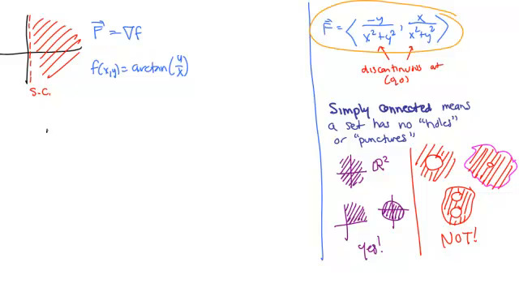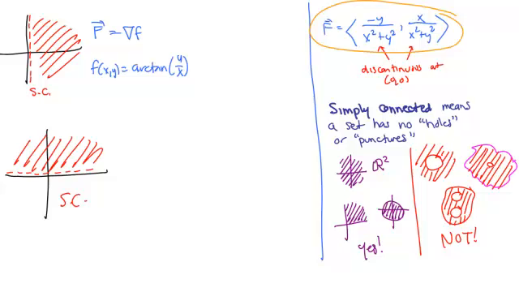Interestingly enough, if we were to actually take the upper half plane instead of the right half plane, this is another simply connected subset. And so that would mean that our original counterexample function should be the gradient of somebody. Except this time, we can't use the original arctangent function because it would be discontinuous along the y-axis. Nevertheless, the result says there is a function out there that is its potential, and with a little bit of finagling, you can work out that it's the arc cosine of x over the square root of x squared